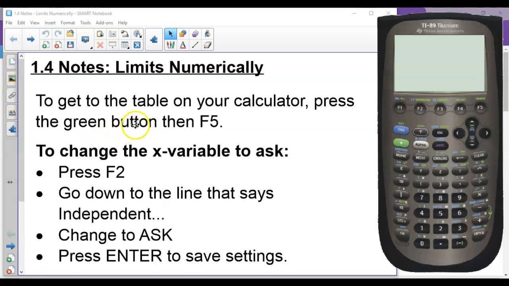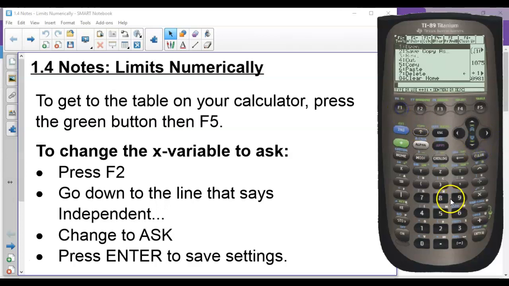In this section, we're going to look at finding limits numerically. So we need to get familiar with the TI-89 calculator that you hopefully picked up from school by now. This calculator is going to work a little bit differently. At first, you're not going to like it because whenever you do things like, let me clear this out,